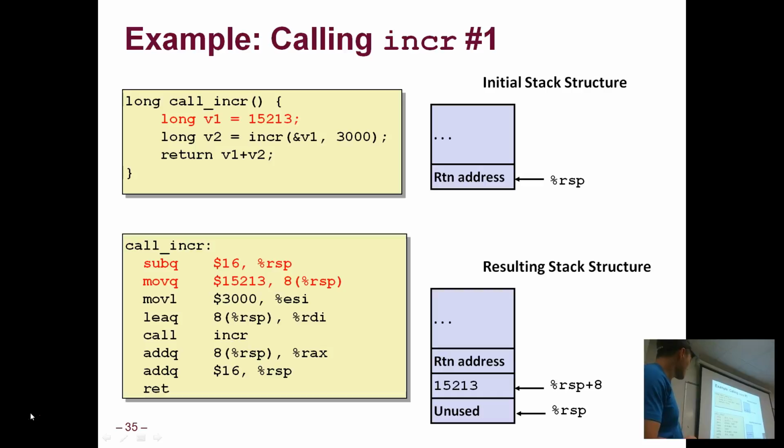And then at the end, you do this addq of 8(%rsp) into RAX. So what was in RAX before? Where was RAX? RAX is the return value for increment. We said that the function puts its return in RAX, so this is v2. So RAX had v2, which was the return value of increment, and then I'm going to add v1 to it. So v1 is at 8(%rsp), and that's my return value because I do a return of v1 plus v2,